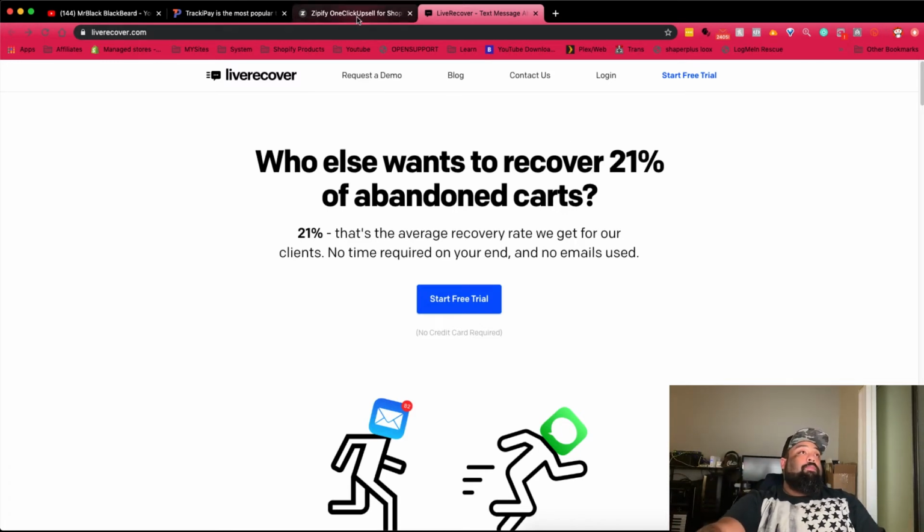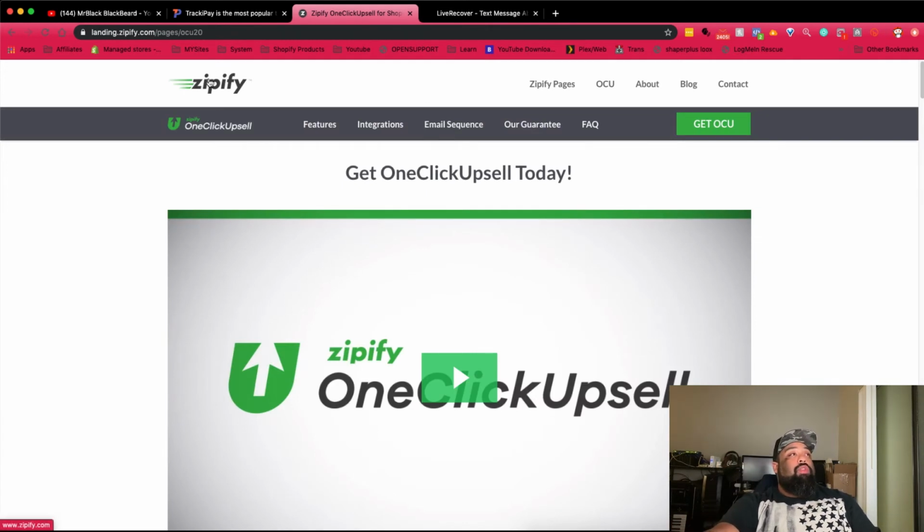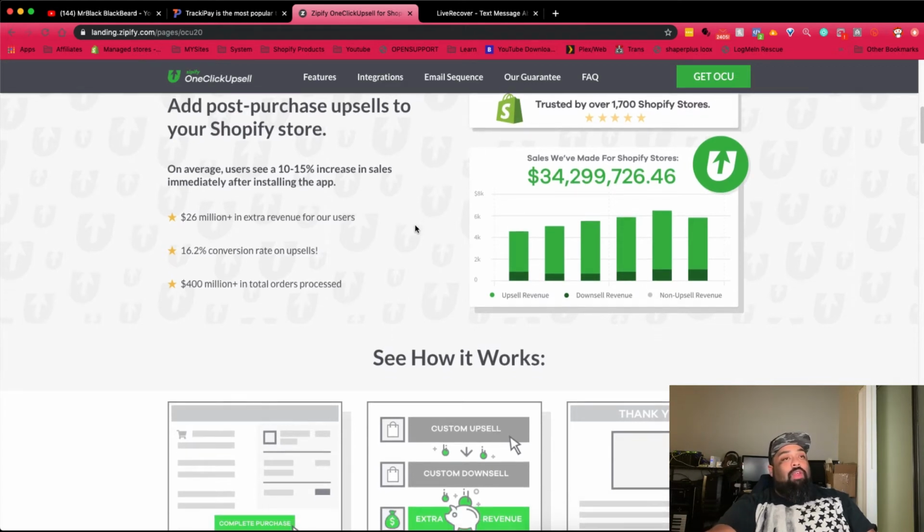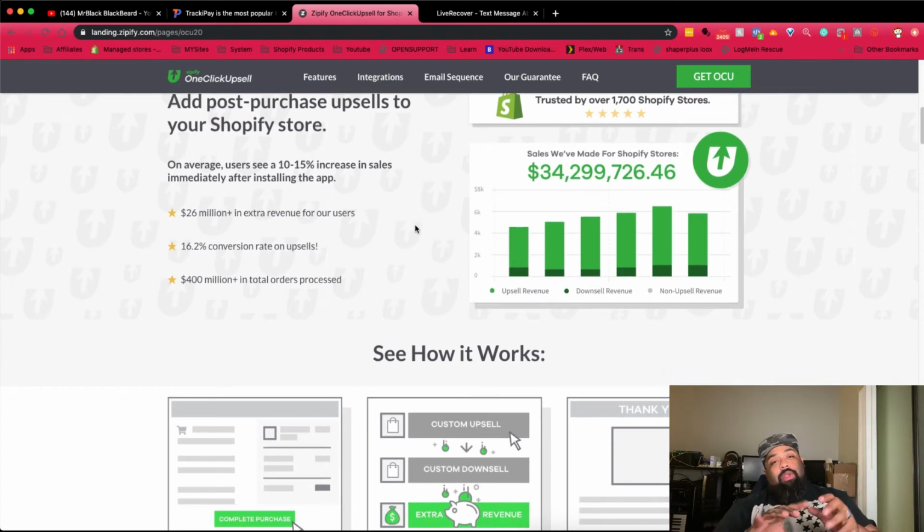And what you get is you just go to Zipify.com, one-click upsell. You'll see it on the page. They have another one called Zipify Pages and Zipify One-Click Upsell. And one-click upsell basically makes you a funnel to upsell after the person's already purchased. There's like a statistic that shows the average person increases sales after they've completely bought, they've already put in their information, they bought, they went to the thank you page. But before they get to the thank you page, or depending on how you set it up,